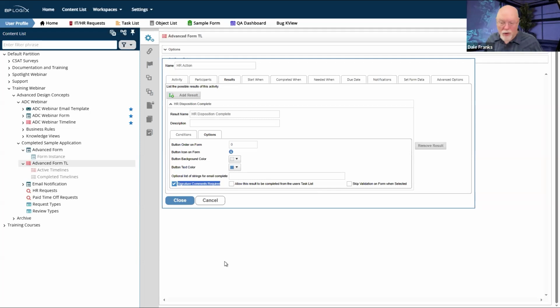Requiring signature comments is really easy to do, and we do recommend it, especially in two circumstances, both of which are illustrated here. Number one, if I absolutely don't care what they do, they have to provide a signature comment, whether it's good or bad or indifferent. I need HR to tell me what was done at the end of this request. So they don't get a choice. They get one result, that they have completed their disposition, and they need to tell me what that disposition is. So I am going to require signature comments from them no matter what.